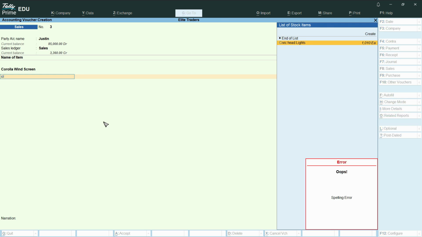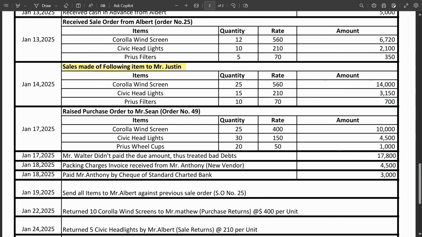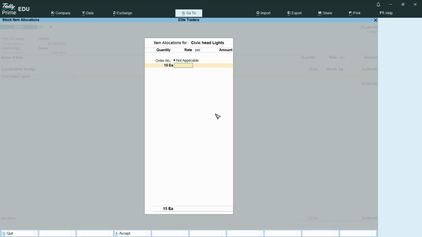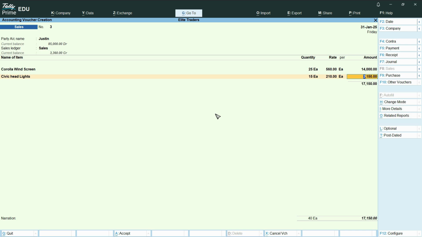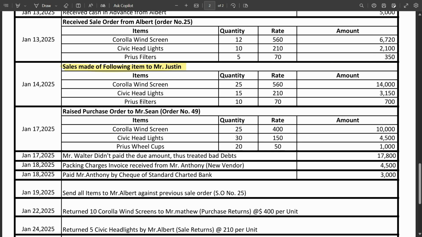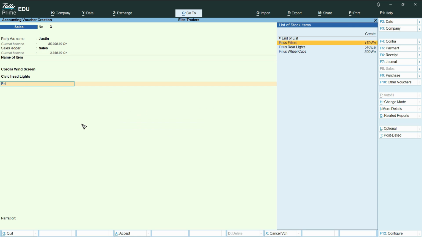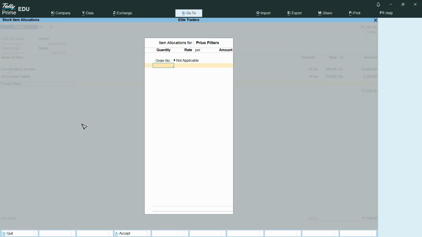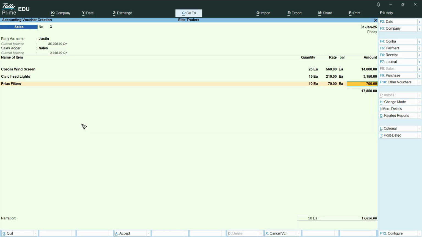That is Civic headlights. Order is not applicable. Quantity is 15, rate is 210, and this makes the total 3150. End of list. Go to the third line, and the next item is Prius filters. Not applicable. Quantity is 10, rate is 70, and this makes the total 700. Hit enter and end of list. Hit enter again,